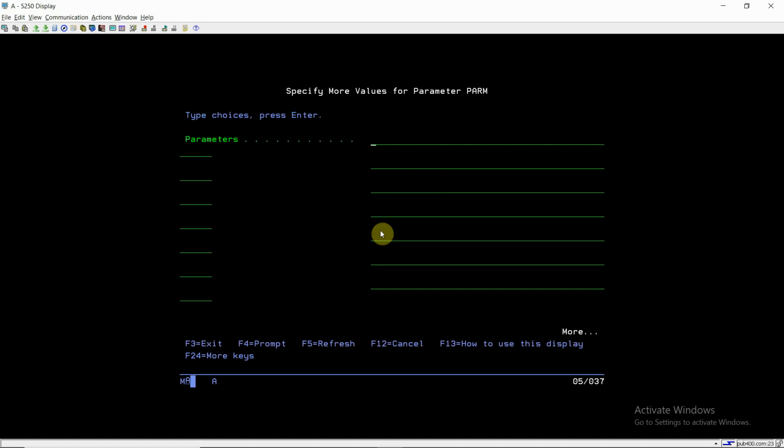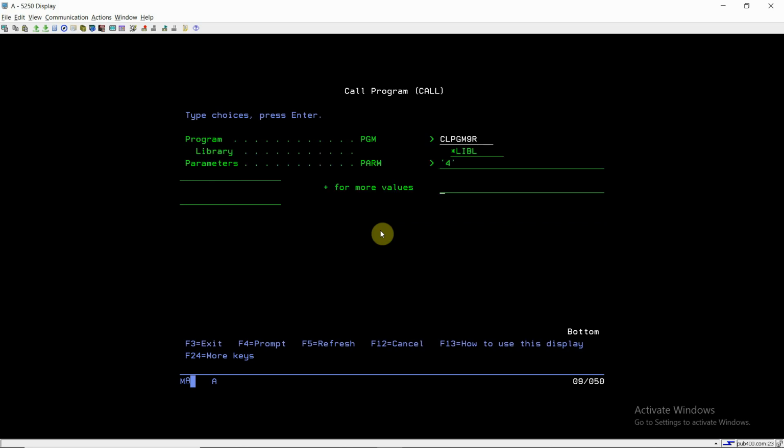If you take plus here, we can provide n number of parameters. Because I'm accepting only one parameter in this program, I'll be passing 4 here.